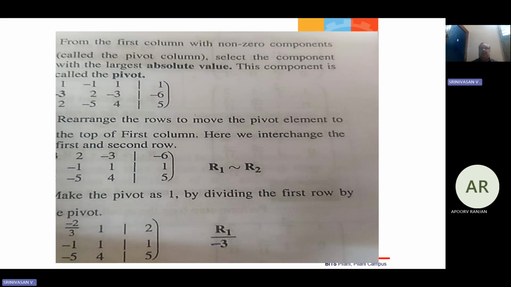Not only largest, but absolute. Because if you take, for example, you have 1, you have -3, you have 2. 2 is bigger, 2 is the largest. But if you take absolute values, this is 1, this is 3, and this is 2. So which one is now largest? Modulus of -3, which is 3. Therefore, here,